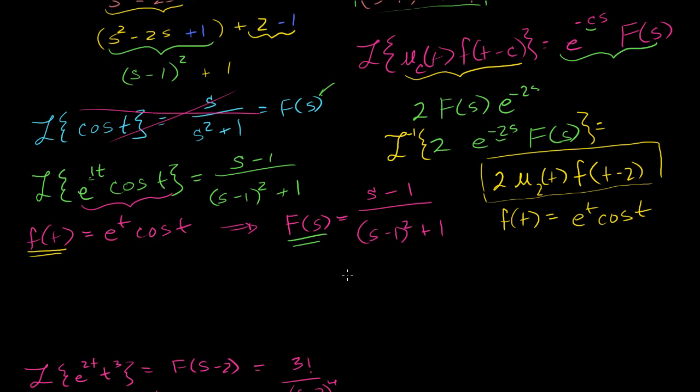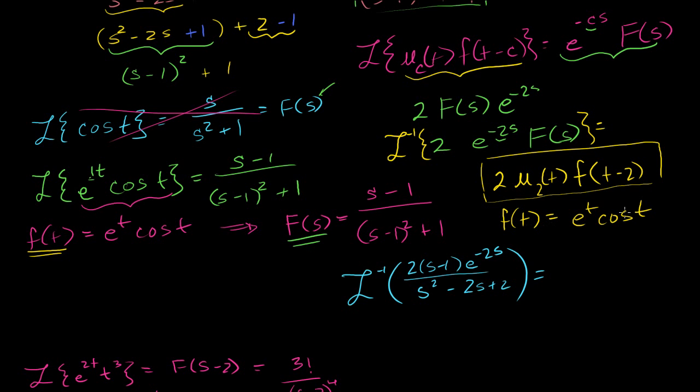We established that the inverse Laplace transform of that big thing that I had written before, 2 times s minus 1 times e to the minus 2s, over s squared minus 2s plus 2, is equal to this thing,